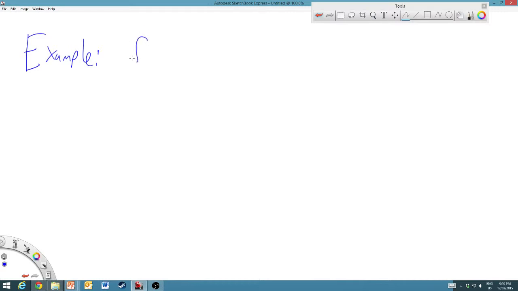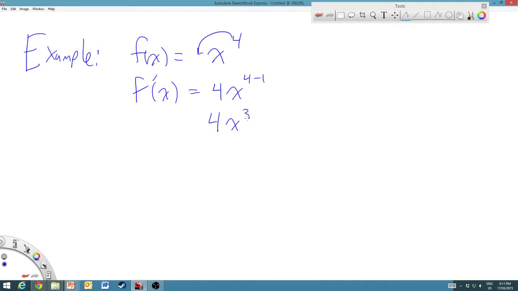Okay, so let's say f of x is equal to x to the power of 4. f prime of x would just be, I bring the 4 down, so it becomes 4x, and then 4 minus 1. So this is going to be 4x to the power of 3. Okay. If f of x was, let's say, x to the 7, then we do the same thing. Bring the 7 down, so f prime of x will be 7x, and then 7 minus 1, or 7x to